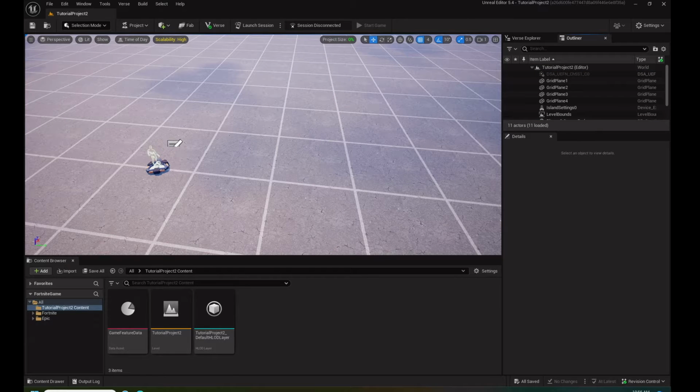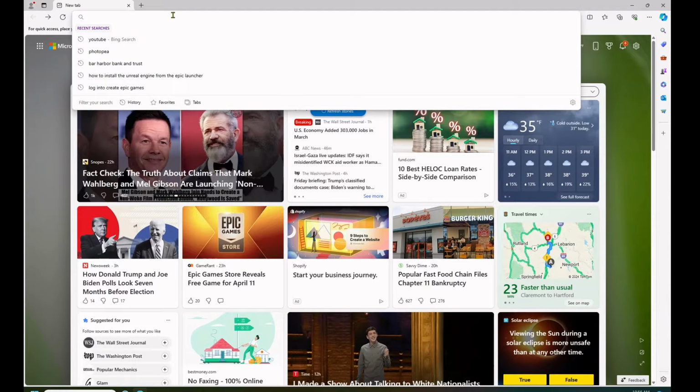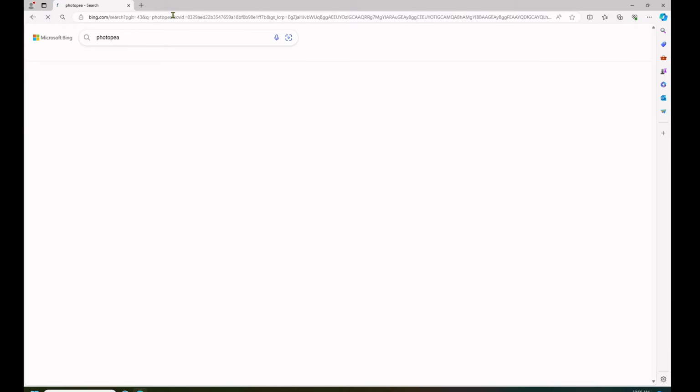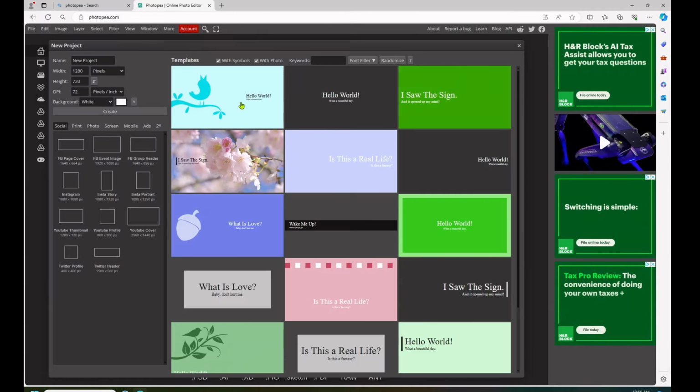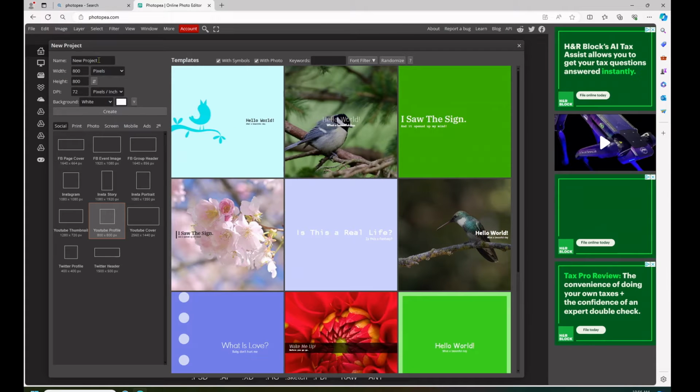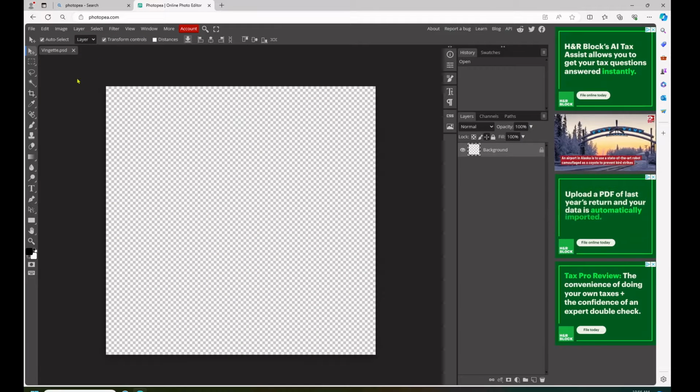First up is Photopea. That's a free photo editing platform, kind of like Adobe. What we're going to want to do here is make a vignette. So we'll go to new project, YouTube. Let's call this vignette. And we want a transparent background. Hit create,